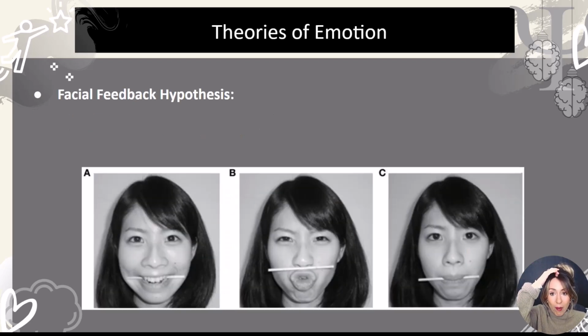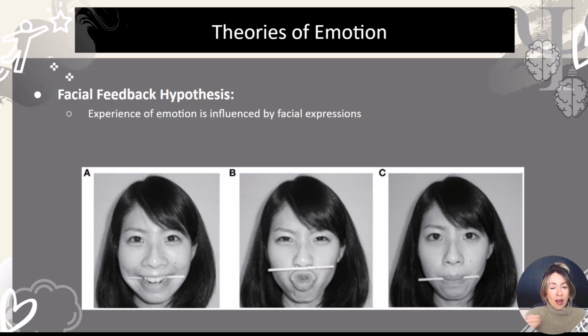This is supported by some current research with this idea called the facial feedback hypothesis. So the idea is that your face can actually influence your emotion or your experience of emotion. And they test this by having people look at different stimuli, like cartoons or stories, and they have them hold a pencil or a straw or some item, either A, B, or C. So A kind of forces a smile, B kind of forces an anger, and C is more of a sad face, right?